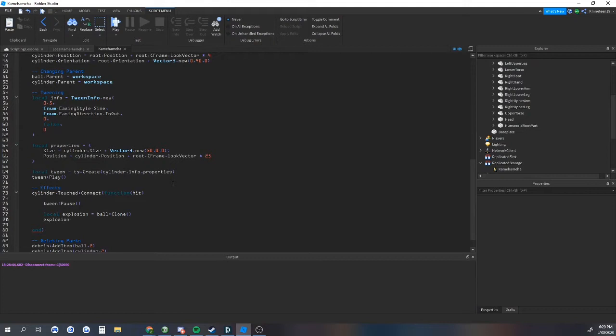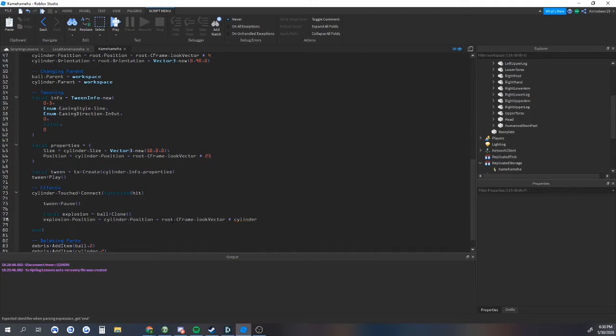Oh wait, but how do I do that? I think I know. Okay, we're gonna have to do math here. Dot position is equal to cylinder dot position, cylinder dot position plus root dot CFrame dot look vector times